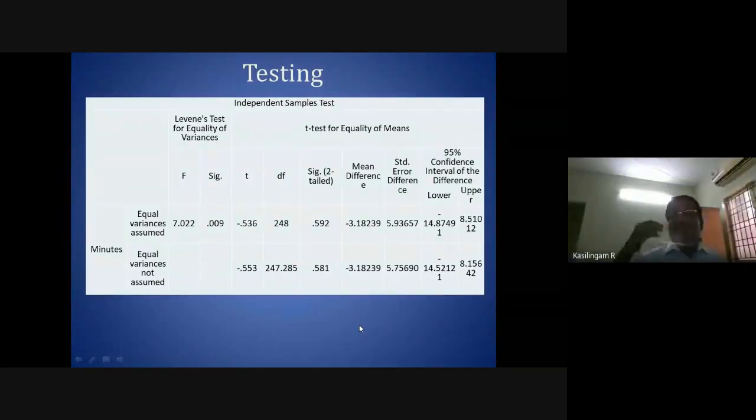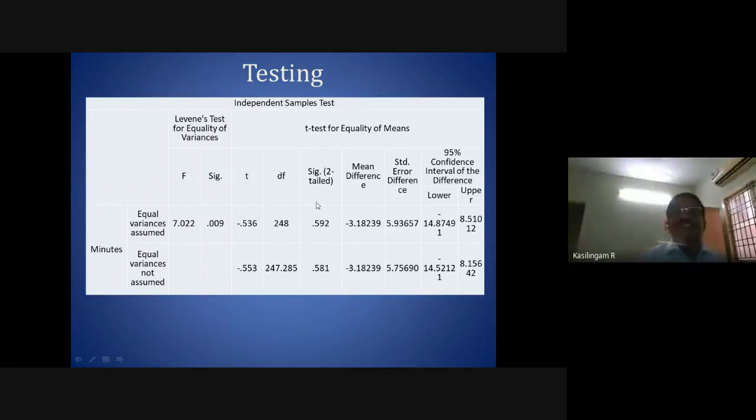So when we went there to see the elder one, we have to see the elder one only. We should not see the younger one. The younger one might cross. You should not see. Why am I telling this example? Because here we have performed an independent sample t-test, which means we have to look at the t-test value only.